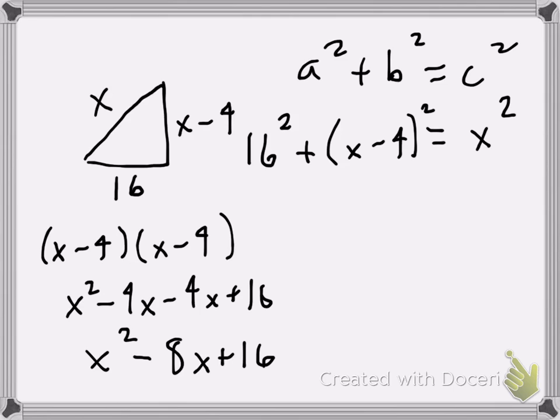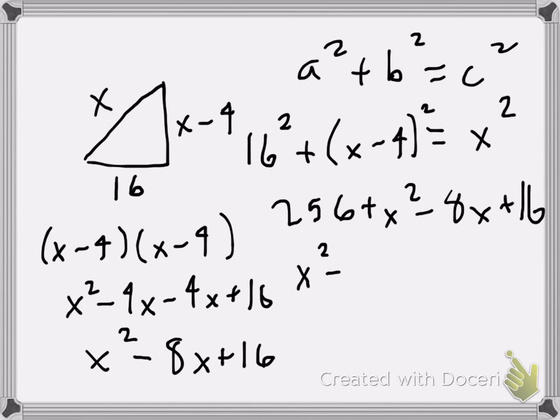So I'd have, and then I need to square my 16, which is, put that in the calculator real quick. I think it's 256, but I'll double check. Yeah, that's 256. The x minus 4 squared simplified to x squared minus 8x plus 16. Screen's never big enough. So when we're combining those, the 16 and the 256, those are like terms. We can add those. So we'd wind up with something like x squared minus 8x plus 272